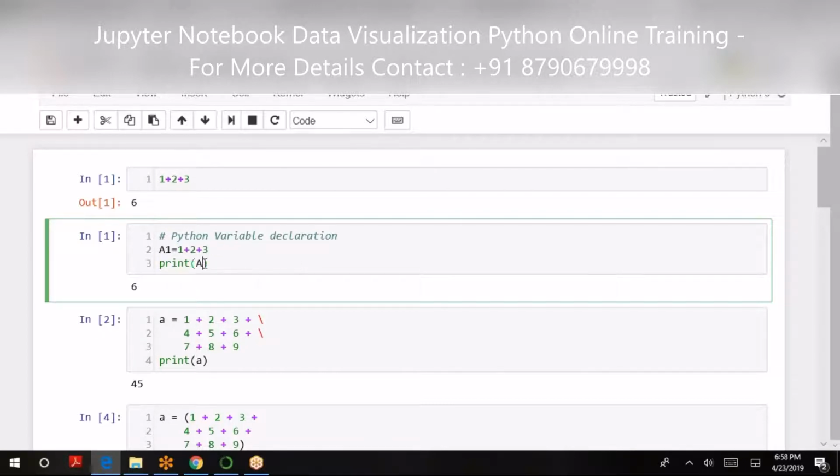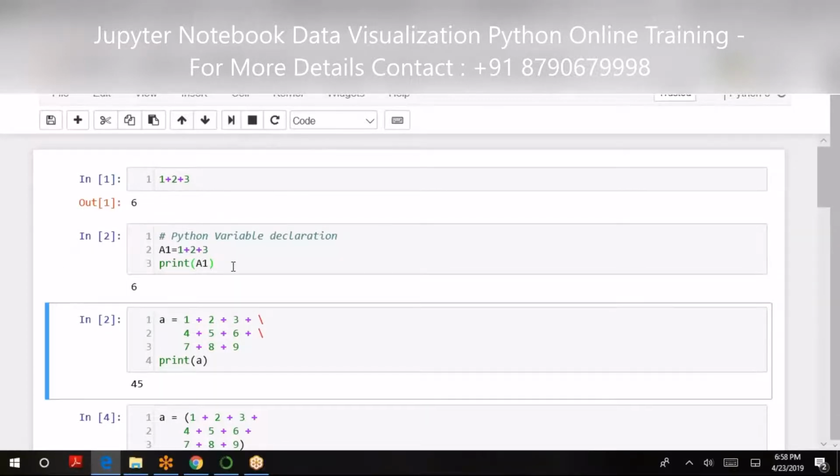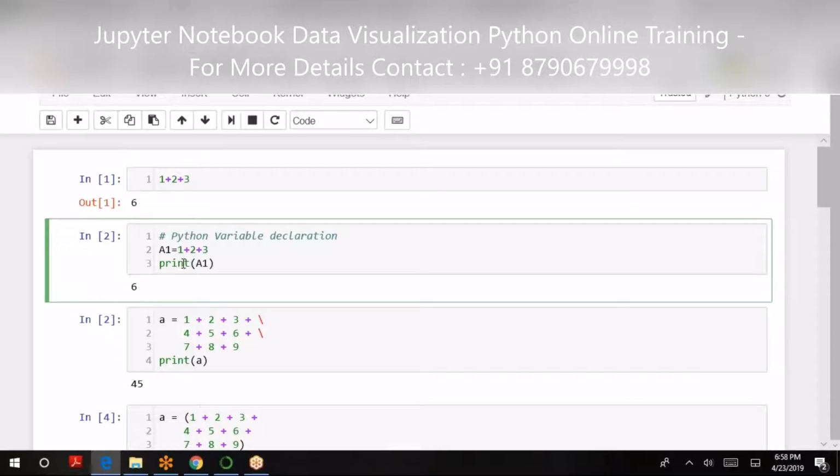To display the variable value, I'll be using the command print. Now, how do we use any built-in command? The syntax is the command name, then circular braces, and then the variable name. Likewise, it takes place.